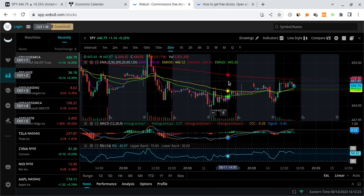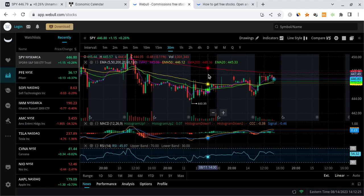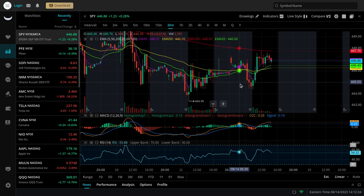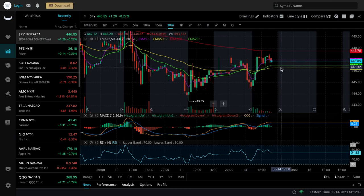All right, guys, looking at SPY, one of the things we called out in the morning is this possible inverse head and shoulder like pattern. We were looking at this 444 level. If we broke below this, there was potential for some weakness. If we held above it, we could have validated this right shoulder and potentially saw some upside. And we actually managed to hold above 444, which is a good sign. I told you all that if this held, we'd likely see some upside, and that is what happened in the